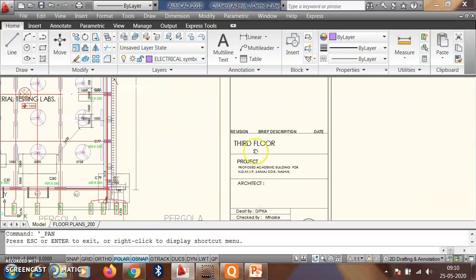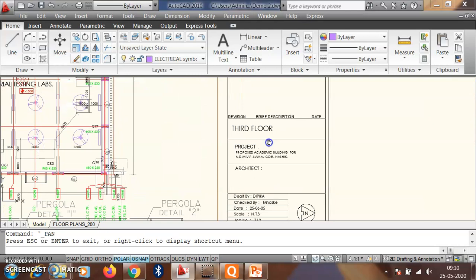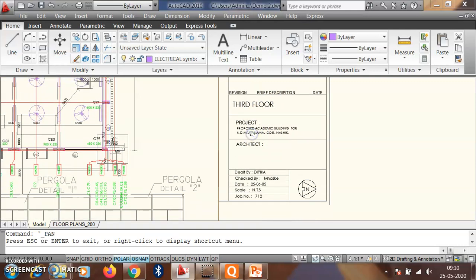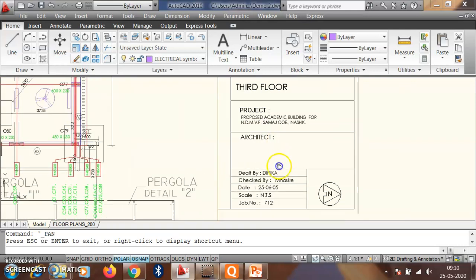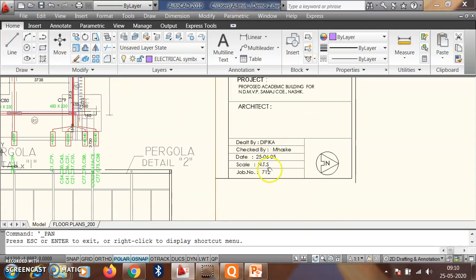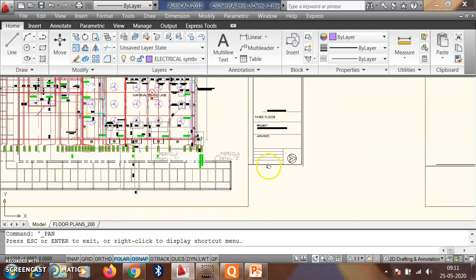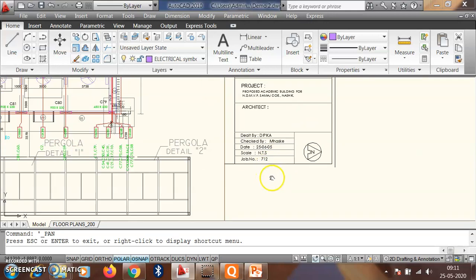And lastly, what is the floor, first floor, third, whatever, then project name, then architect, who is the architect, created by whom, checked by whom, what is the date, scale, and here the symbol for north, and this is the job number, because once you come into practice, we will do several jobs in a year.